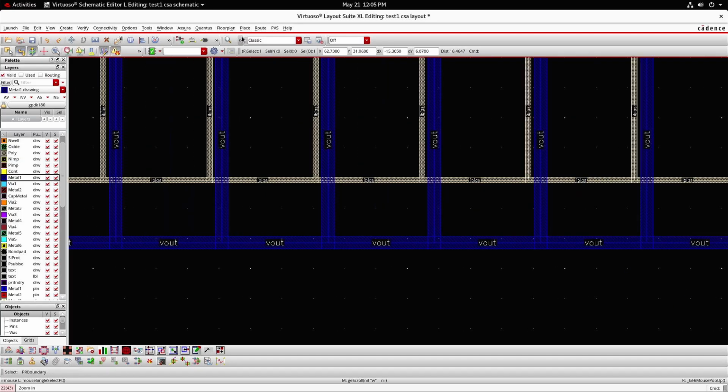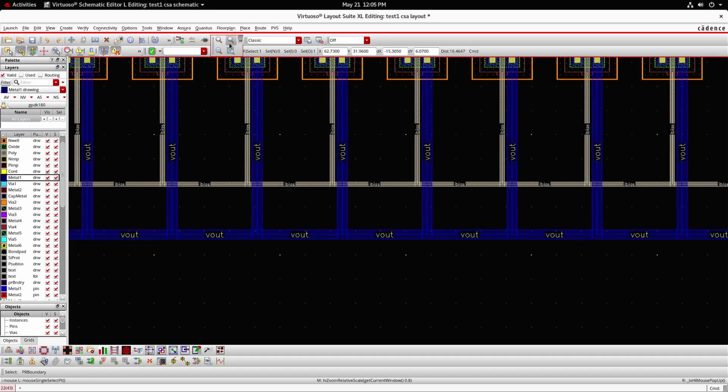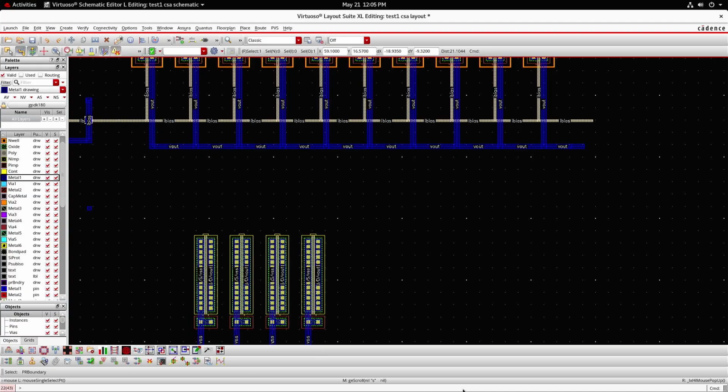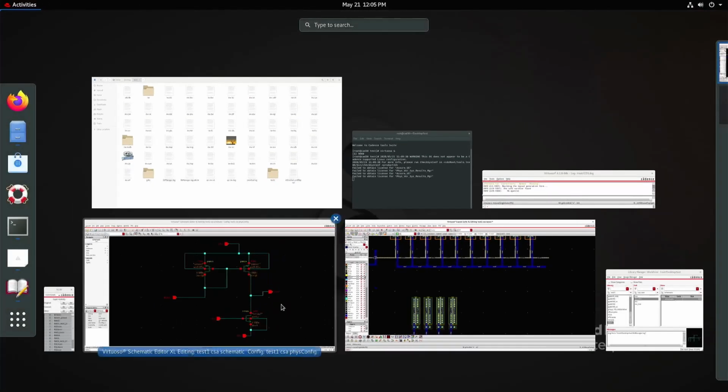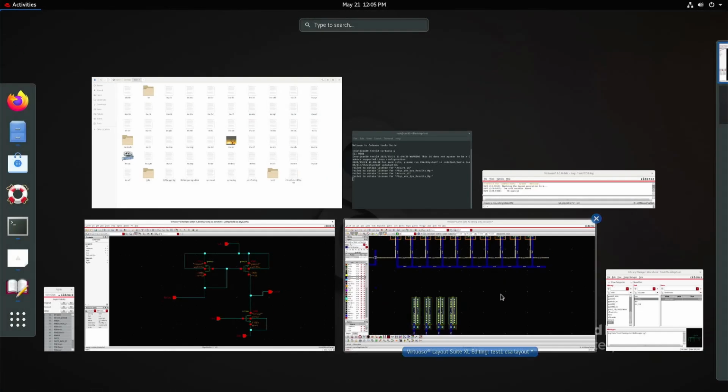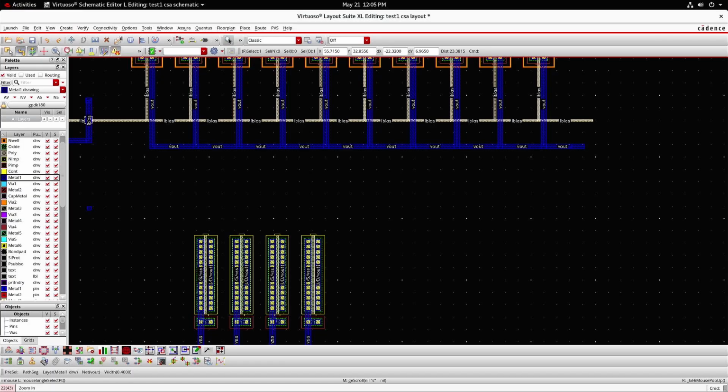Now for the PMOS transistor, I have completed the drain connection. But for the NMOS transistor, I need to complete the drain connection. And also, as per the schematic, this one is not completed. That is, to the gate of NMOS, I need to connect Vin. But there are 4 multipliers, meaning 4 gates will be there. All of them should be shorted and should be connected to Vin. I'll perform that first.